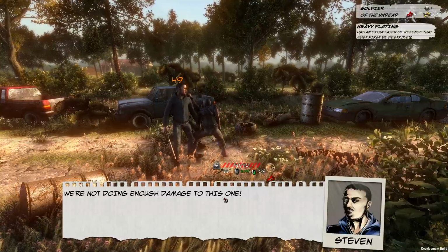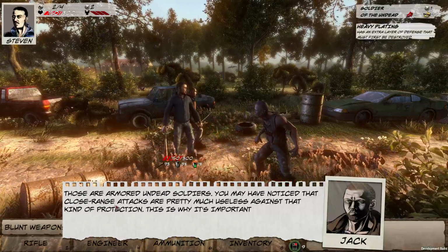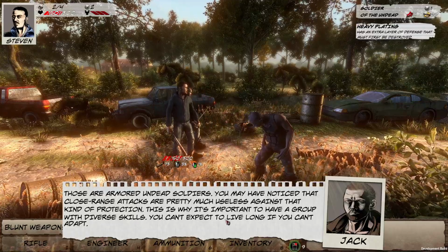Ah, we're not doing enough damage to this one. Those are armoured undead soldiers. You may have noticed that close range attacks are pretty much useless against that kind of protection. This is why it's important to have a group with diverse skills so you can expect to live long if